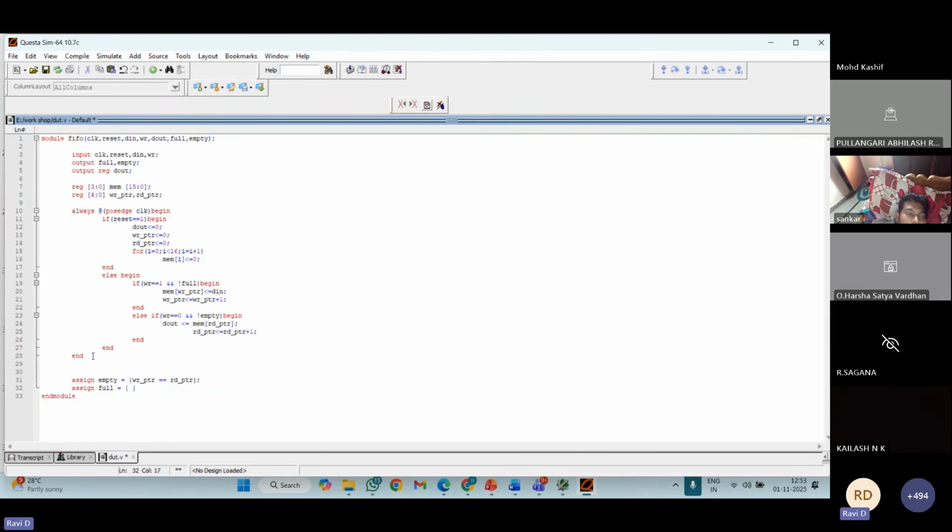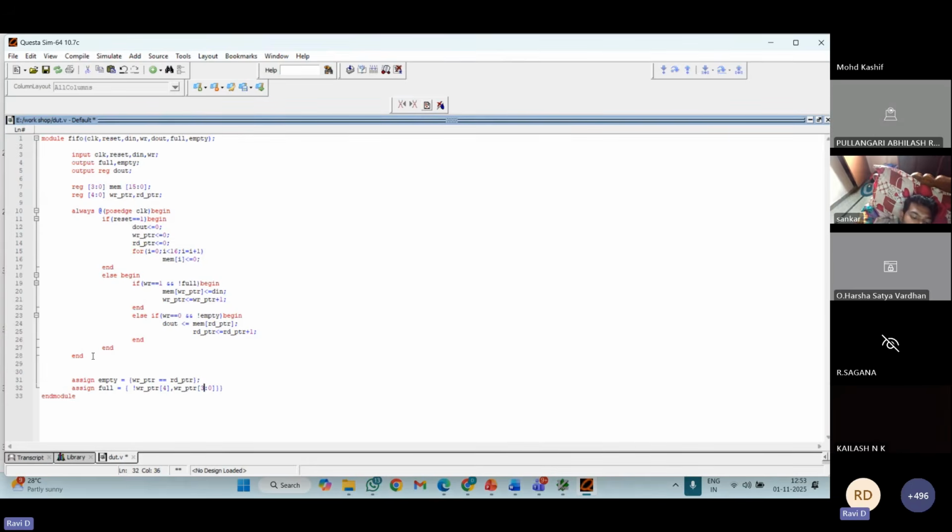So how am I going to write it here? Not of write pointer of 4, this is my MSB bit, comma, write pointer of 3 down to 0.